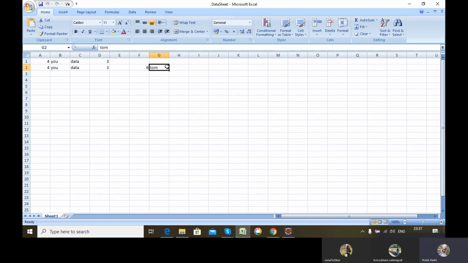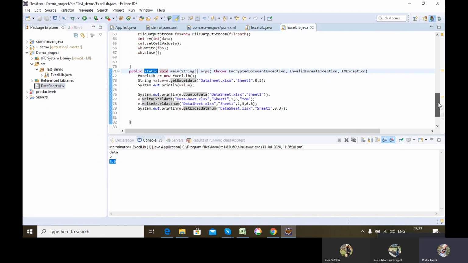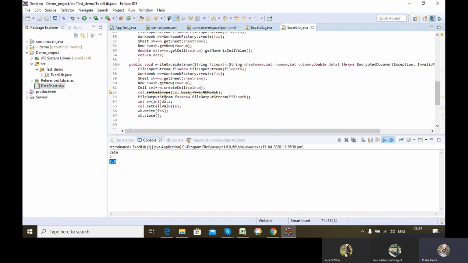See, Tom is written, 6 is written. Why is 6 written? Because I have typecasted the data which I'm passing to integer, so it takes just the integer part, removes the decimal part and stores it.